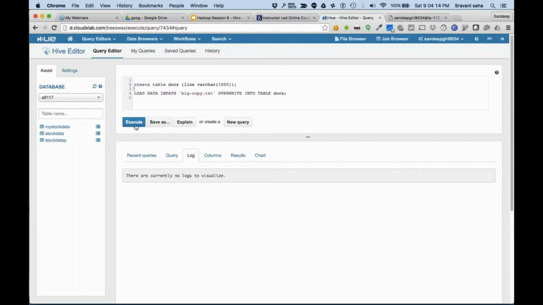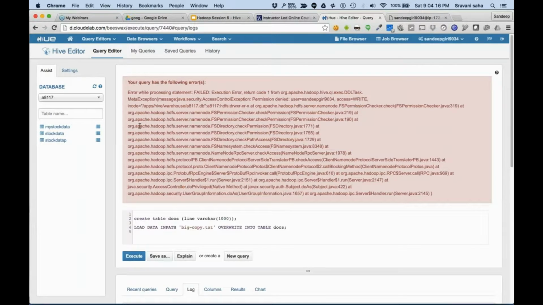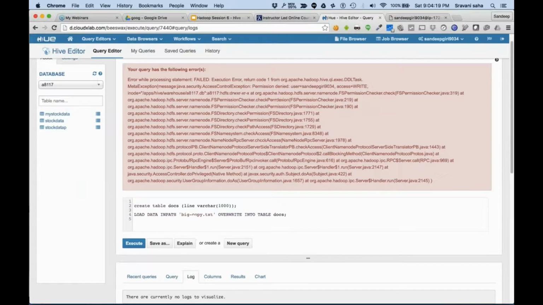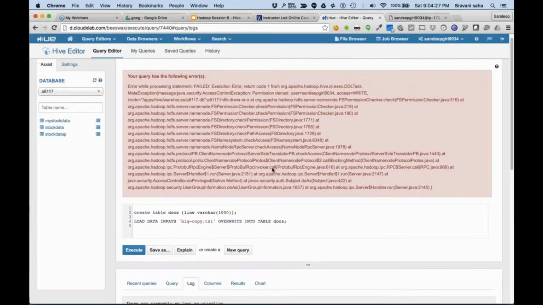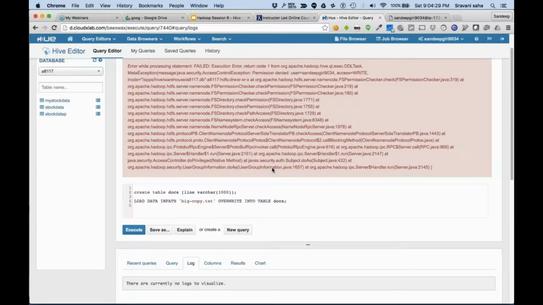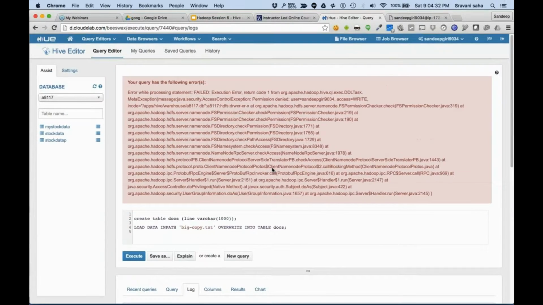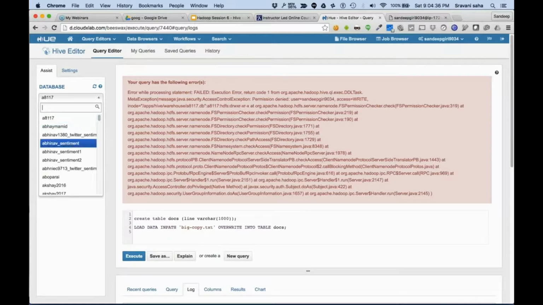Does it work? Oh, I have to use my own database.